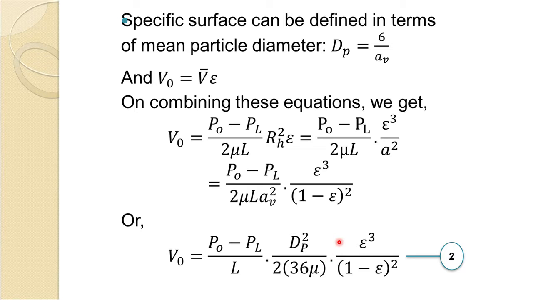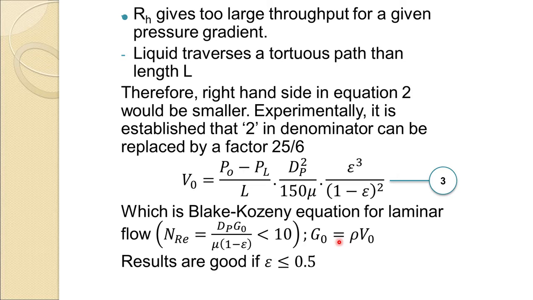However, when you measure experimentally, it is found that RH, the hydraulic radius, gives too large a throughput for a given pressure gradient. So, the liquid traverses a tortuous path, longer than the length L, which we discussed, that is the packed bed length. Therefore, the right hand side in this equation would be smaller. So, experimentally it is established that the 2 in the denominator can be replaced by a factor of 25 by 6. Once you replace this factor by 25 by 6, it comes to this, and this equation is actually known as